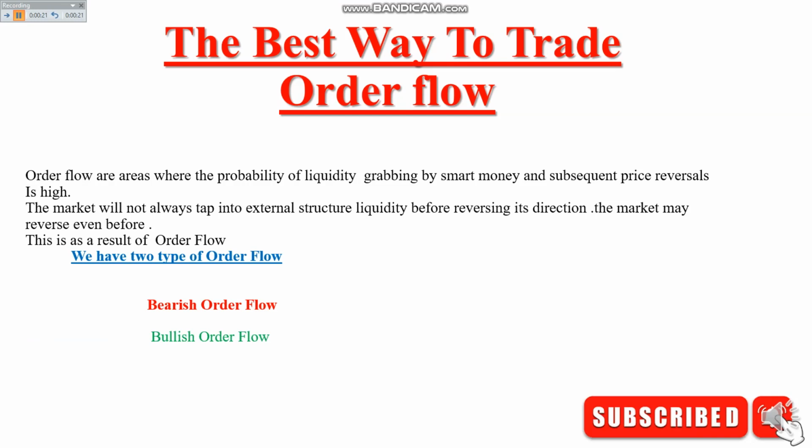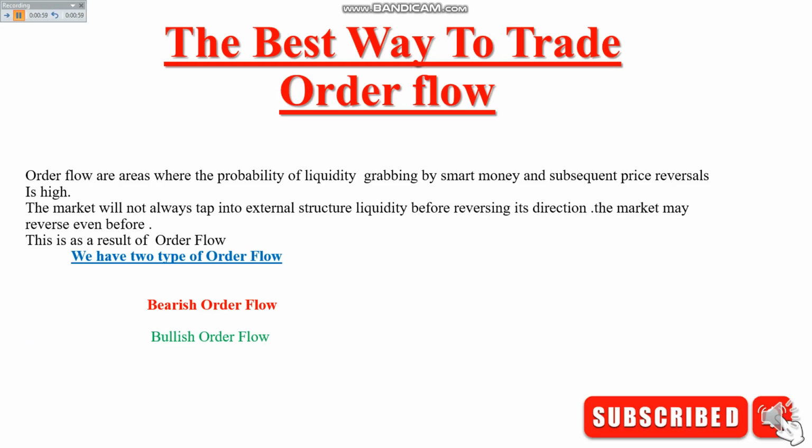This is Most GFX, and today we have a new topic on order flows. Order flows is a concept that is derived from smart money, and it is one of the 7 institutional reference points that we use so that we can know where the market is likely to go or where it's coming from. So we use order flows as entry points or areas of value where we take our trades from. But first we have to identify them,